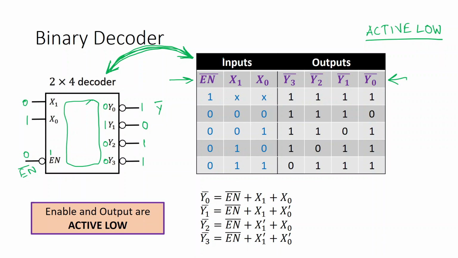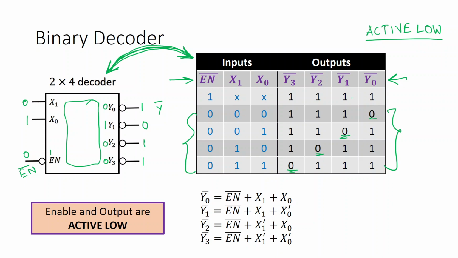So now you read. When my enable is low, then my circuit is getting activated, but that activity is shown at the output in this way: when it is 0 0, my y0 bar is low. So the pin corresponding to y0, or output 0, is denoting a 0 here, not a 1 anymore. Similarly, for 0 1 we are getting y1 bar as 0, and likewise for all of these, and the others are all ones.